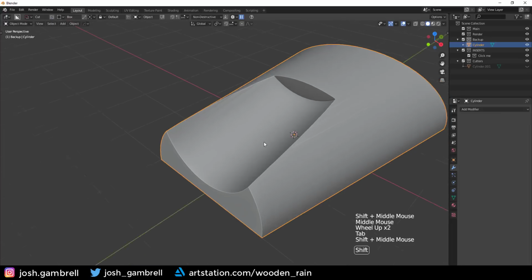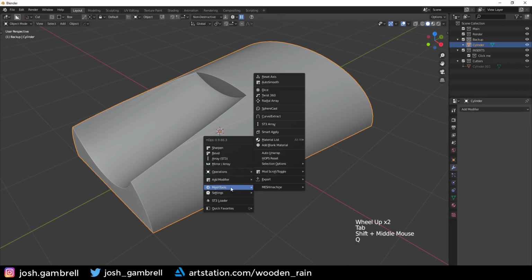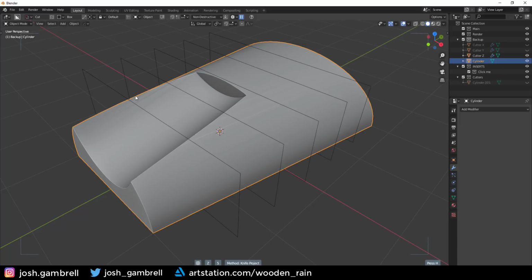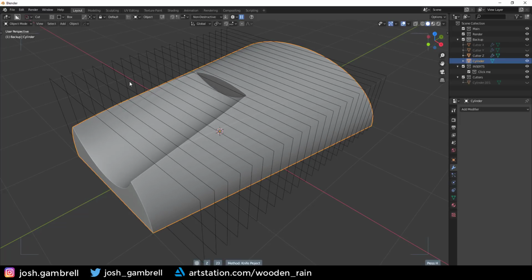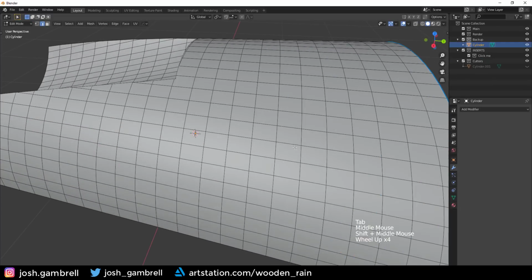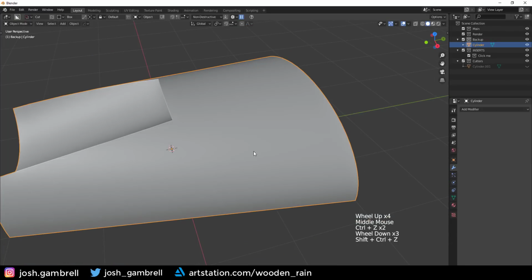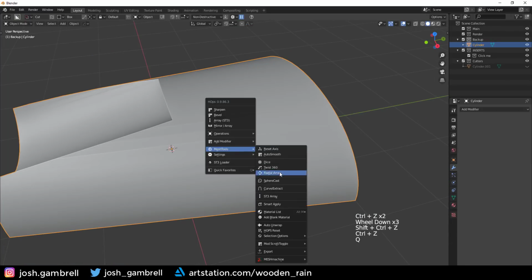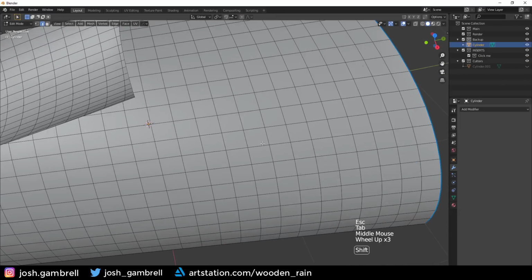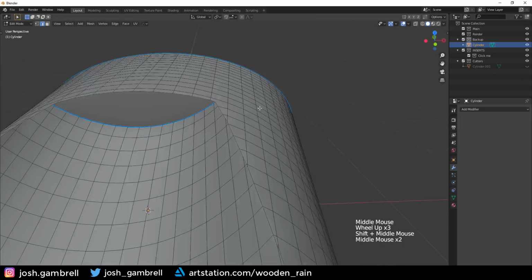I'm going to go ahead and go into HOPS and dice this guy. And go in here. This basically allows us to add in loops straight through in object mode. One of my favorite features, so I'm just going to add in a decent amount. We don't need anything crazy really. We want these to roughly be square, not rectangle. I'm just going to make everything more even. Let's try this one more time. Increase a few more. So yeah, now we have a pretty dense amount of geometry, which is going to really